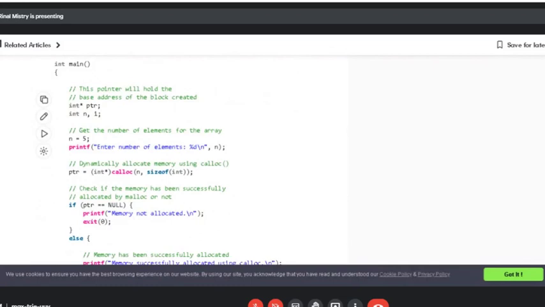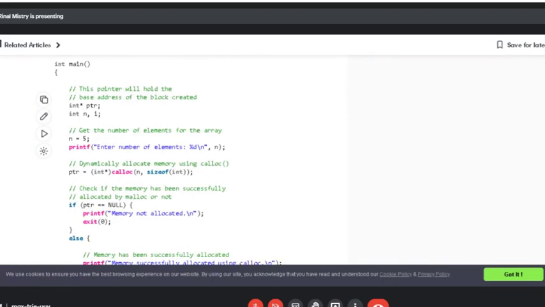So int star ptr is the pointer variable for the array. Int n and i, again two integer variables are there. N is equal to 5. So enter the number of elements, that is going to print enter number of elements equal to 5, right? Then using the calloc function, memory has been allocated.